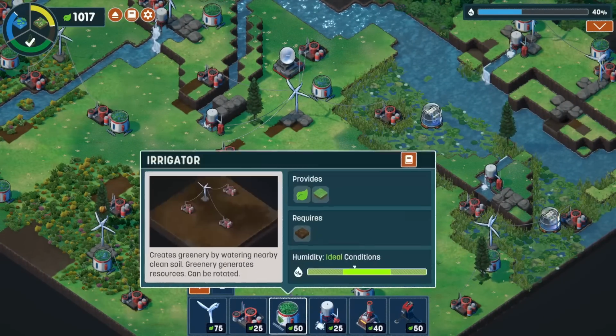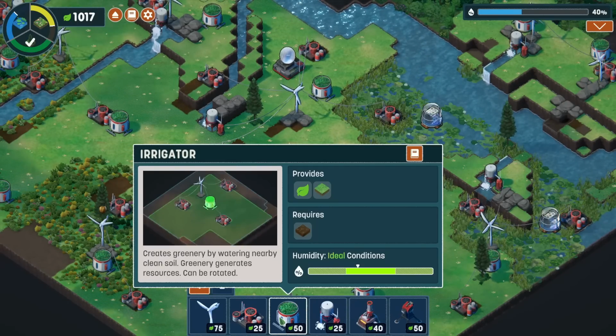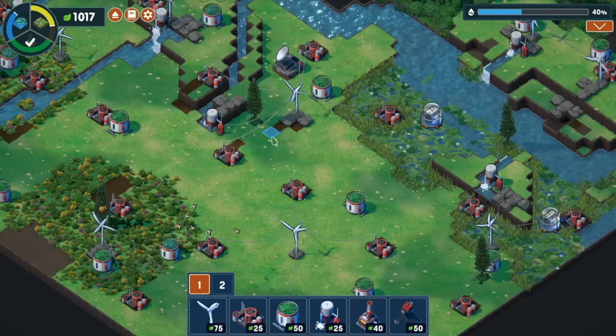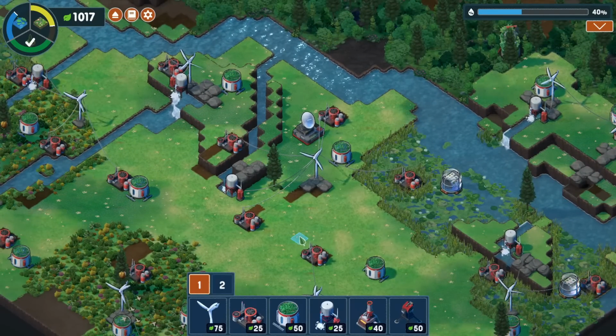But how do you then increase it? For example, you can also see ideal conditions. This means that this is a good place to build. What I am kind of thinking about, I need...